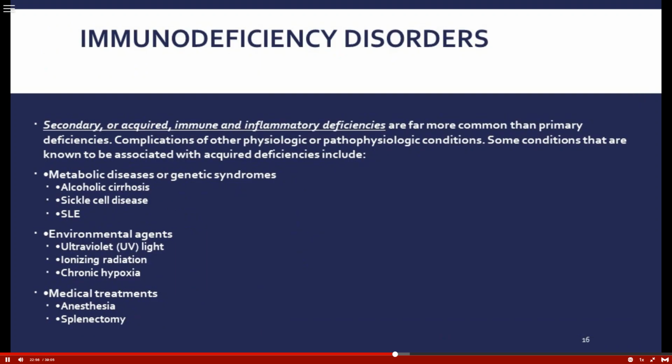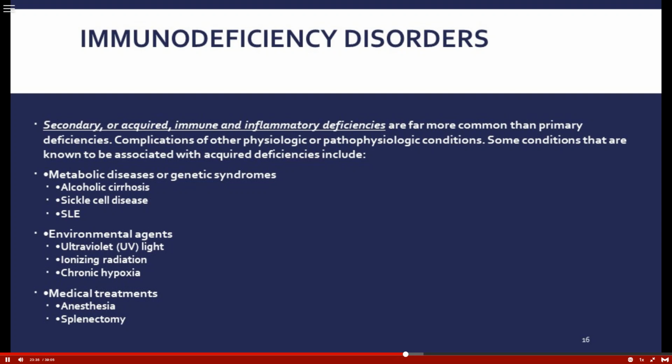Next, of course, is some of the immunodeficiency disorders. We're not going to focus on the primary ones. They're so rare. What we want to focus on is these secondary. What are these secondary causes of immune and inflammatory deficiencies? So some of these are metabolic diseases that we see quite a few of. Alcoholic cirrhosis, of course, they're going to have secondary problems with immune deficiencies. But we just talked about lupus. There it is, SLE. It is an autoimmune disorder, and we know that it can cause that secondary decrease